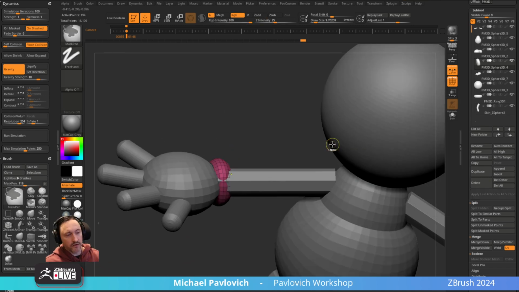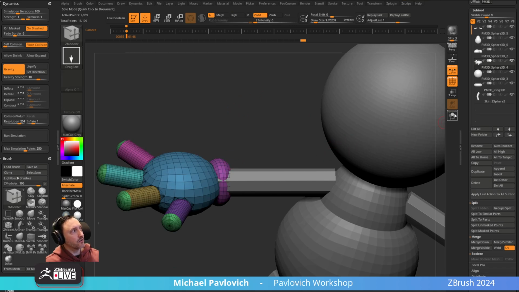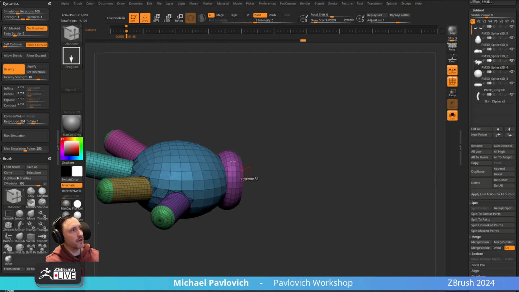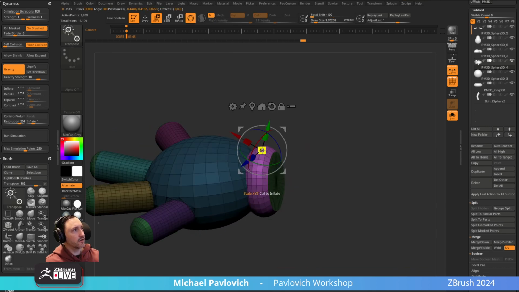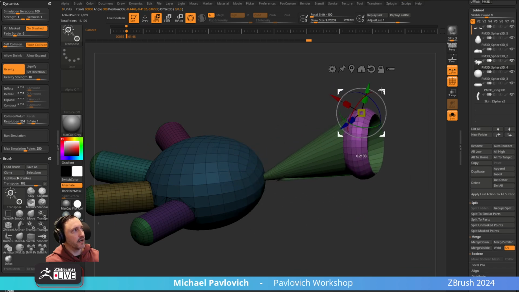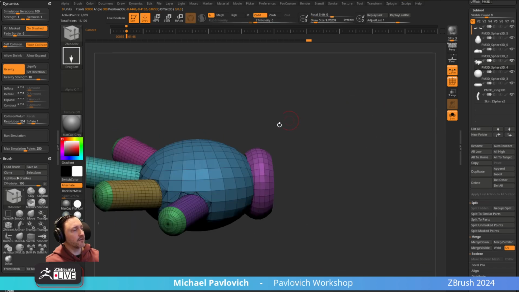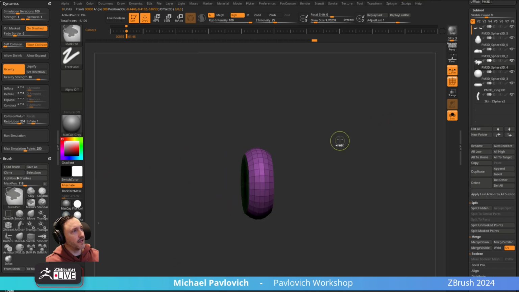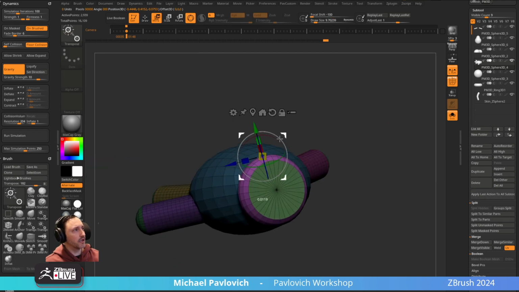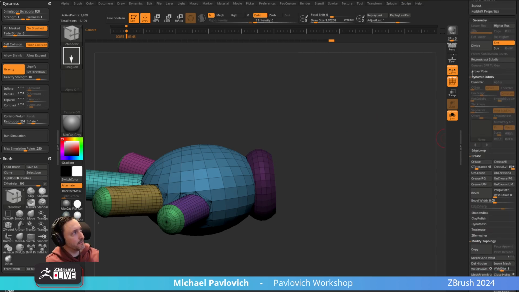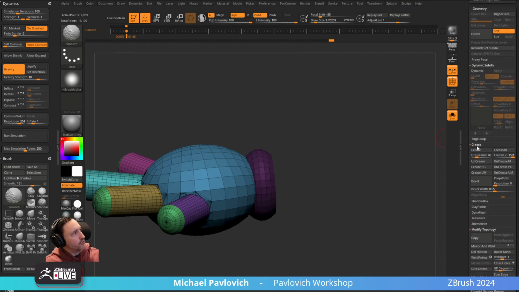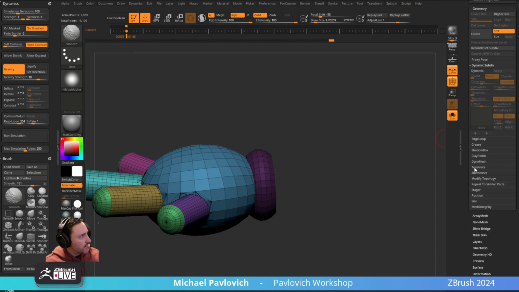So again, we'll go ahead and merge this back down. And here's something cool you can do. So right now, if I want to move this hand, or move this torus, this is all one object, right? I can hit W and Control tap this, but that's only going to grab that polygroup. What I used to have to do is Control Shift drag over a little piece of this, Control Shift A, mask, invert, blah, blah, blah, and a whole bunch of button presses. Now they have, you can mask a little piece of this, and then I'm going to do Control open bracket, which is my hotkey I set up for the new 2024 masking,